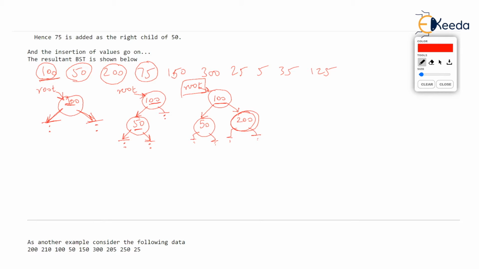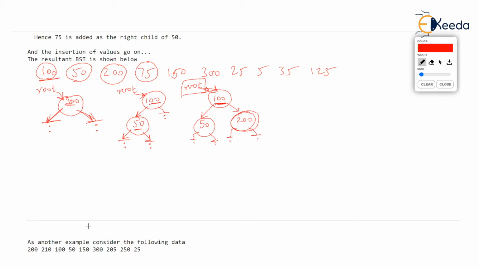We know the address of only the topmost node of the binary tree. Are you following it? Like in a linked list, we don't know the address of the fourth node. Who will give the address of the fourth node? The third node. The third node's address will be given by the second node, the second node's address will be given by the first node, and the first node's address will be given by the header pointer first. So any comparison of a new node or new value will start with the topmost node, 100.